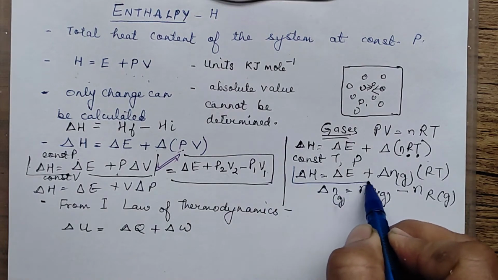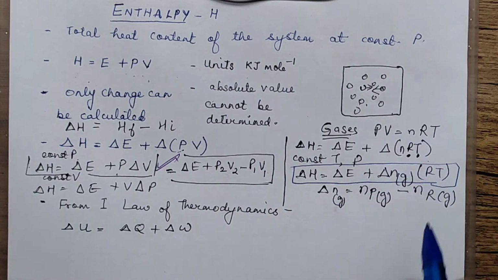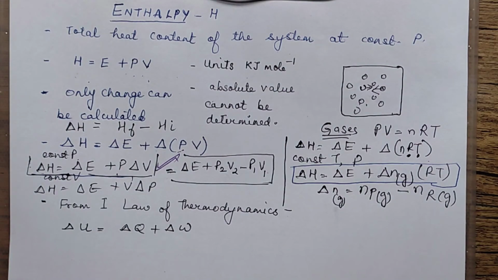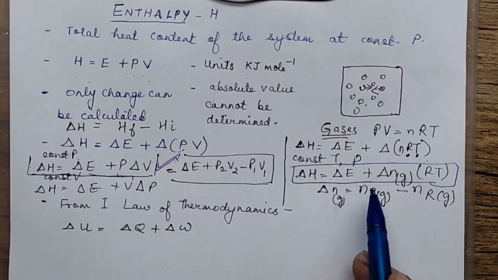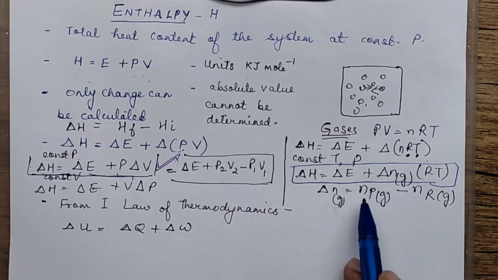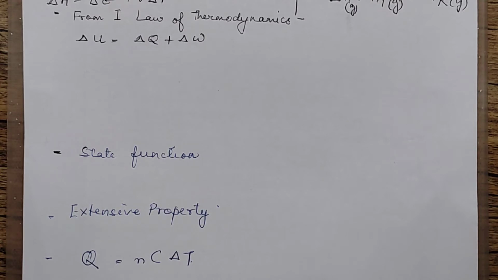Okay. So in case the number of moles are given, and internal energy or enthalpy is to be calculated, we will make use of this formula. Majorly I told you two formulas here. One is delta H is equal to delta E plus P delta V. Another formula which I told you is delta H is equal to delta E plus delta n_g RT, where n_g means the number of moles of gaseous products minus the number of moles of gaseous reactants. Clear?